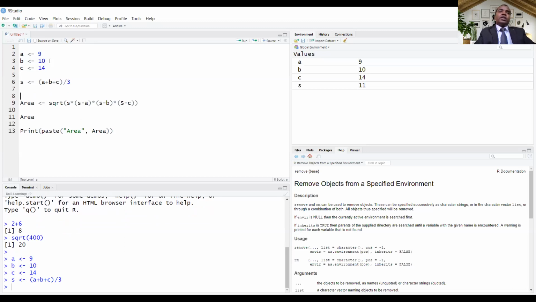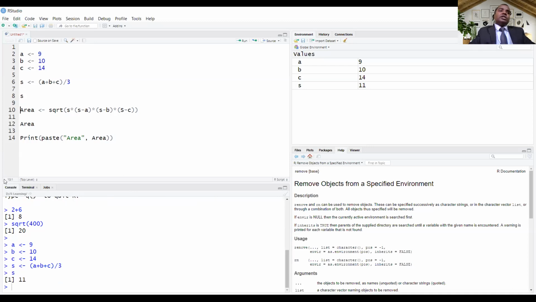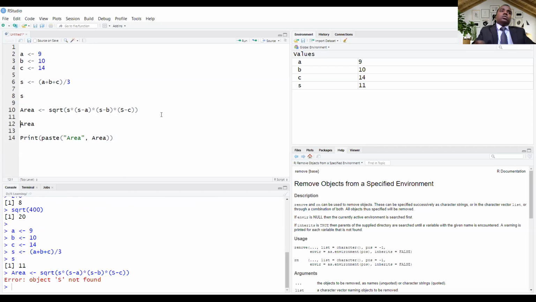Let's see what is the value of s. You can just write s and run it with Control and Enter. We can see the value of s is 11, and then we put it into the area formula. Let's see what is happening here. There is an error called "object 'S' not found".